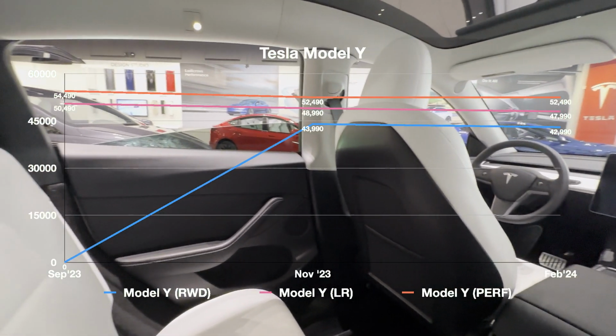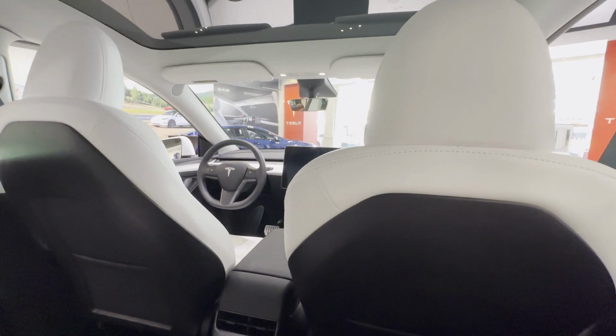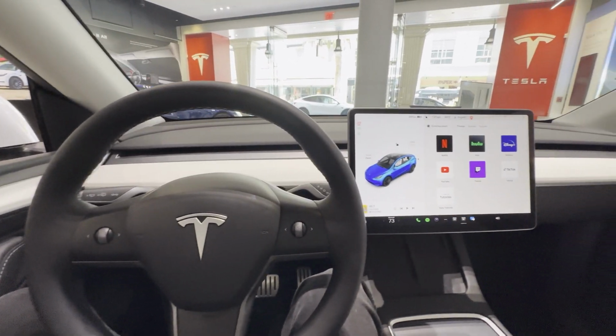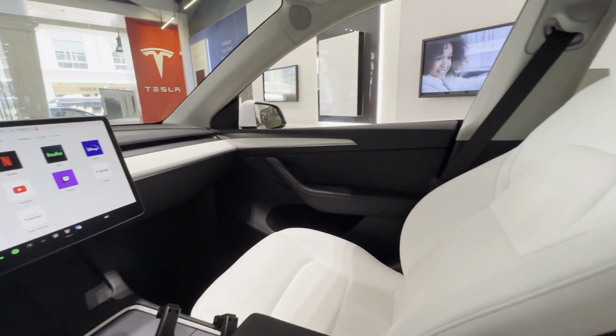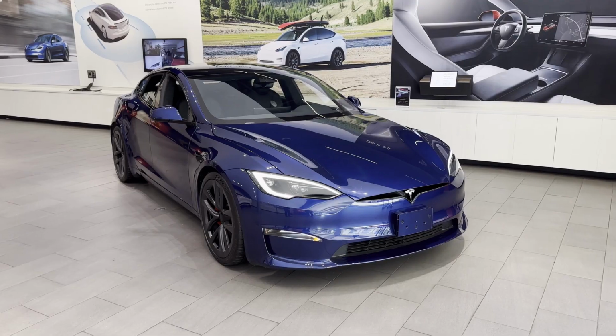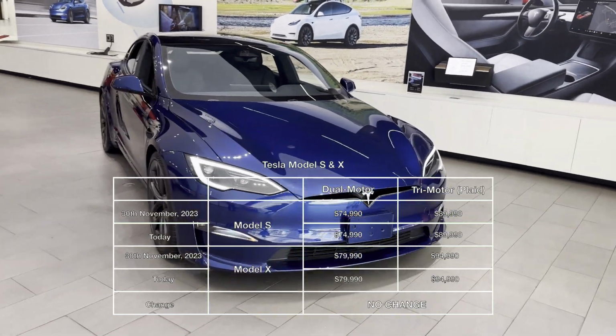In fact, the old Model Y long range is now cheaper than the new Model 3 equivalent, which gets even cheaper with the tax credit, which all Model Y cars qualify for, and neither of the two Model 3 cars do. The Tesla Model S and Tesla Model X have no changes and the prices are the same as on